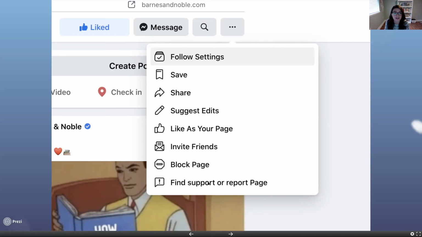And if this page is offensive, if they are genuinely violating Facebook community standards or the law, you can find support or report the page. For example, you're not legally allowed to sell animals on Facebook. So if there was a shady backyard breeder who was trying to sell puppies for $25 on here and you didn't agree with that, it's technically against Facebook standards, so you can report that. Unfortunately, you can't report things just because you don't agree with it. Which on Facebook you want to do a lot, but you can't.